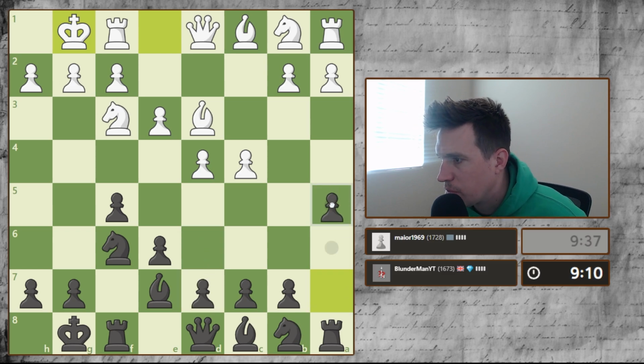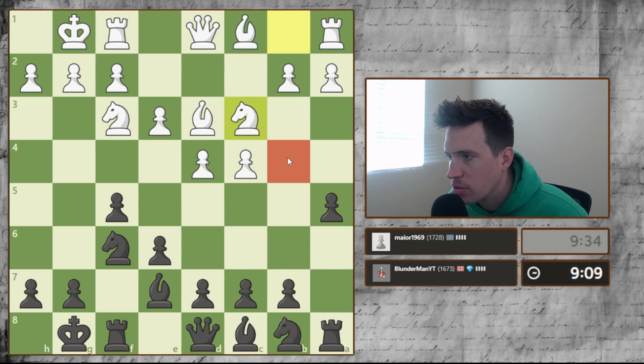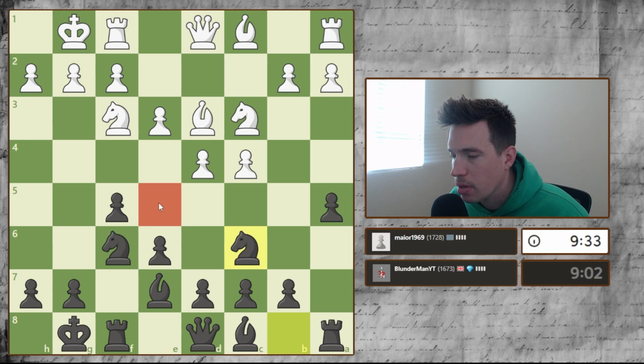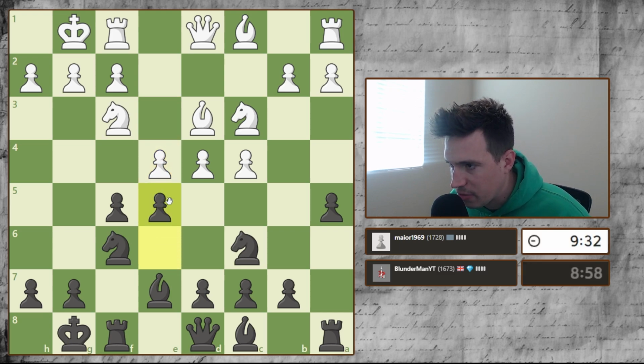We could gain some space on the queen's side and prepare a square for our knight. And then also going here, this allows our knight to protect this. Okay, so he's pushed here. So if they ever push here, we have to push. So we're just going to ignore this. And then when we come in here,